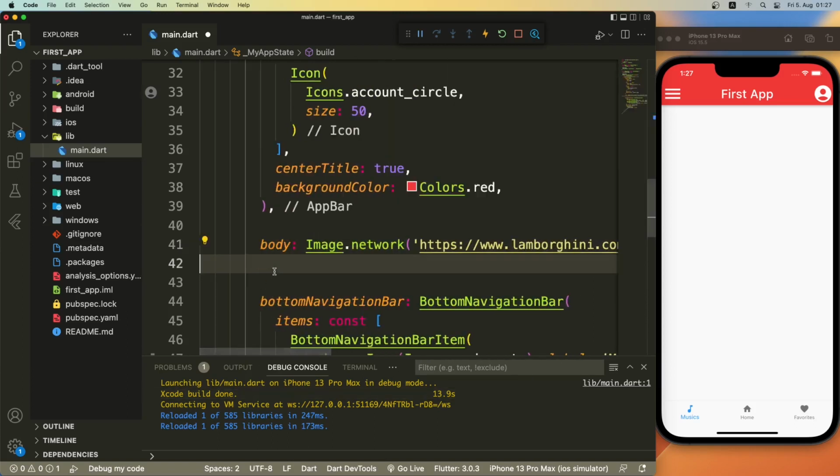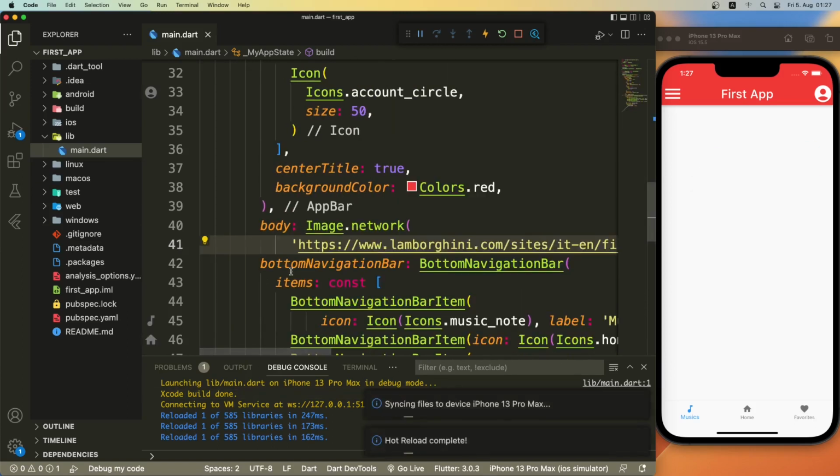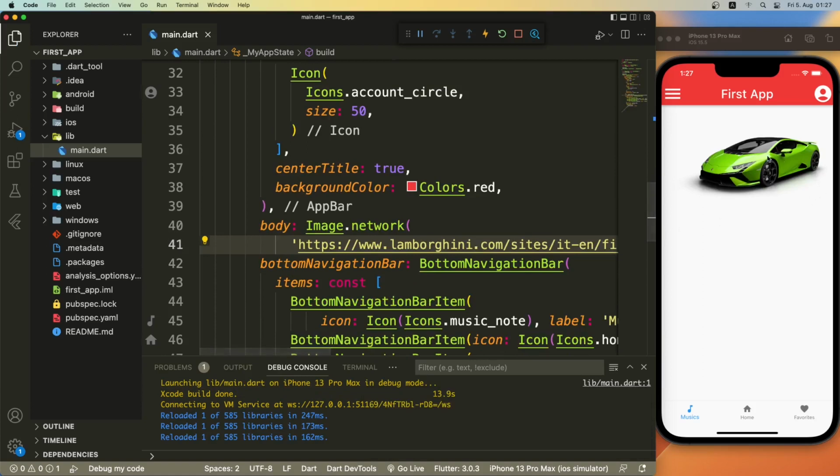Now let's go back and save the file. As you can see, there is a car image inside our Flutter app. It's that easy. Now if you want to add an image from a local source, you can do that as